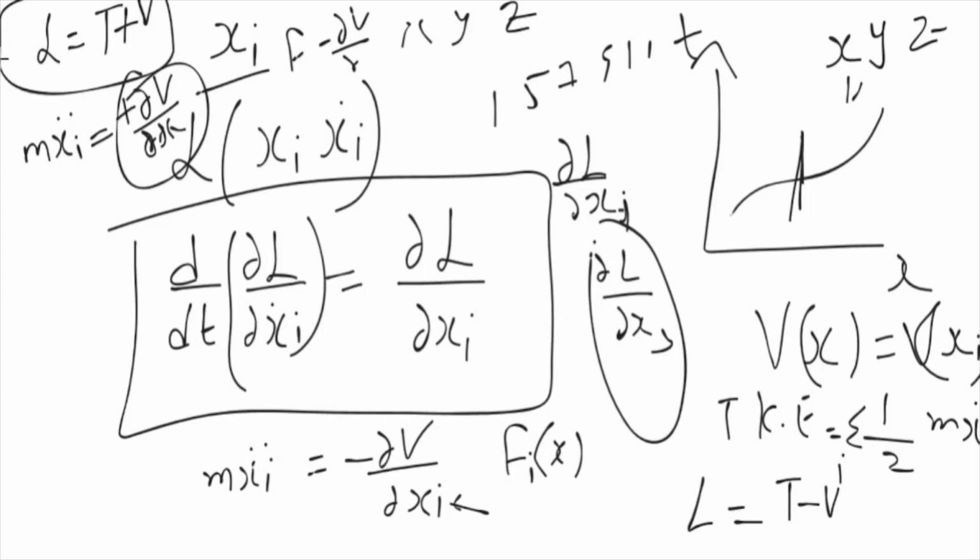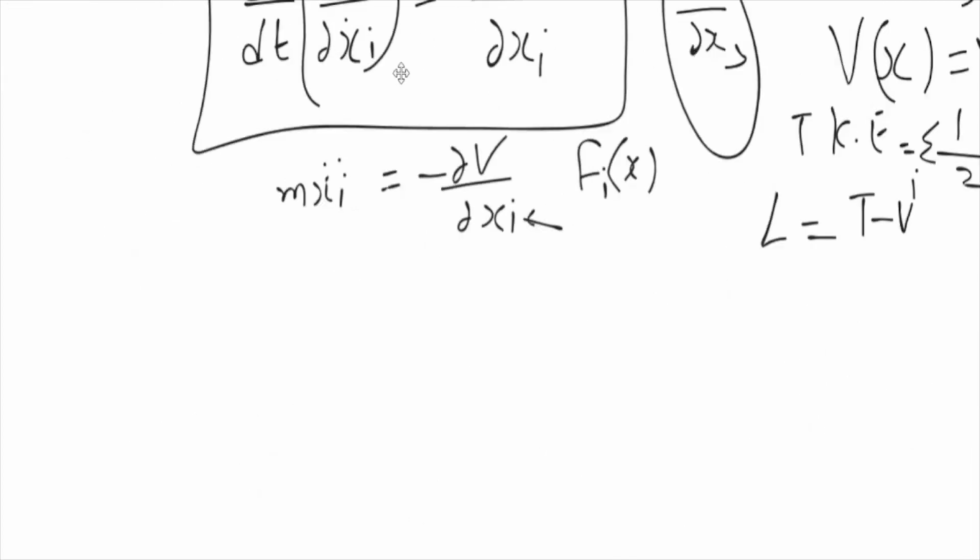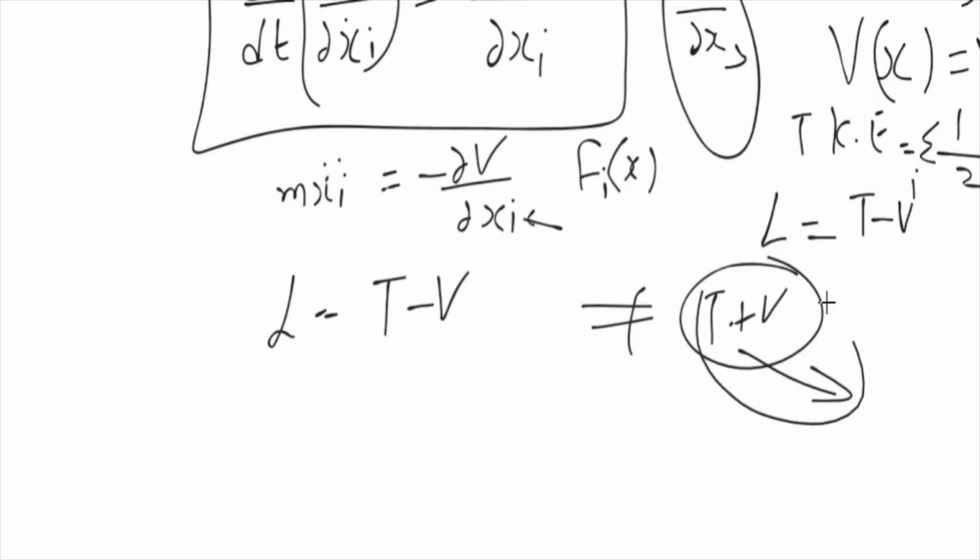So if you will take this, then force will also go wrong. So it means all definitions or formulas will also go wrong. जो अभी तक हमने जितनी भी definitions f is equal to minus dv upon dx सब क्या हो जाएंगी, गलत हो जाएंगी. So it means Lagrangian is kinetic energy minus potential energy. L is equal to not L is equal to T minus V not T plus V. T plus V नहीं है, अगर हम इससे लेते हैं तो सारे फॉर्मूले, सारी इक्वेशन सब तक की सब गलत